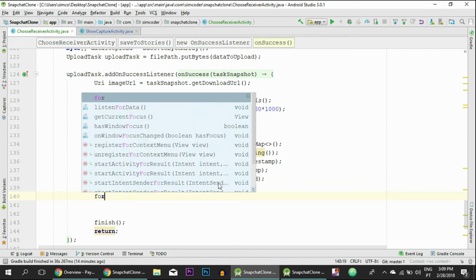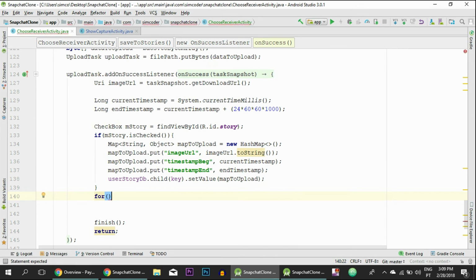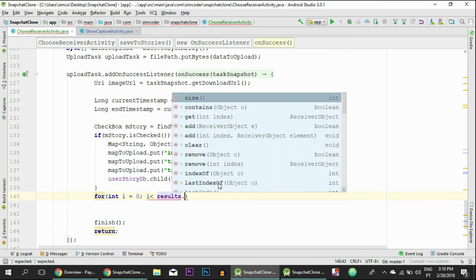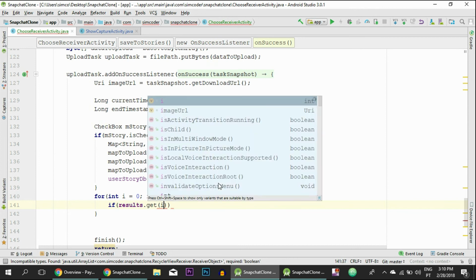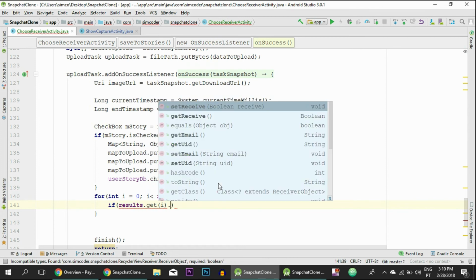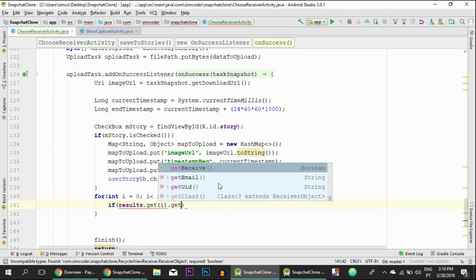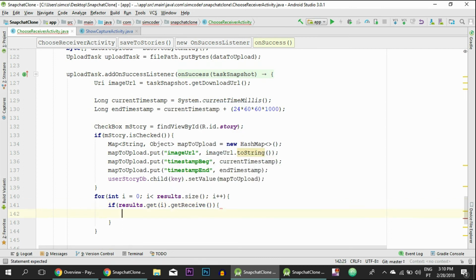We do need to loop through the results array. So let's do it now. For int i equals 0; i smaller than results.size; i++. Then we say if the result at the position that we are looking at right now, results.get(i), has the variable receive set to true, so we say getReceive, then we can go ahead and save it